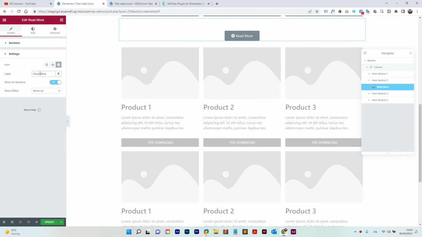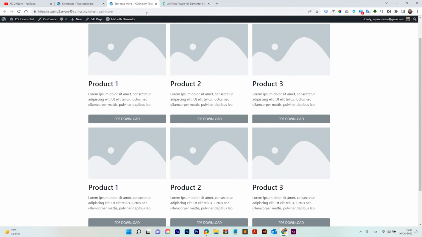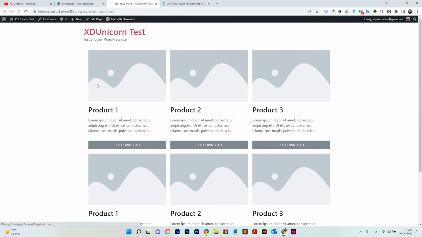We can also change it to load more, whatever you want. Anyway, you can click on here, upload your custom SVG, or use the icon library, right? So now that we have show all section on yes, I'm going to update again the page. And then if I update the page again,